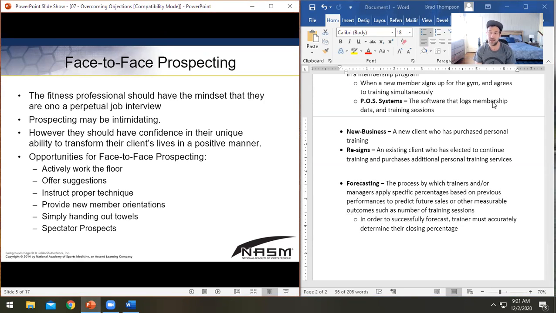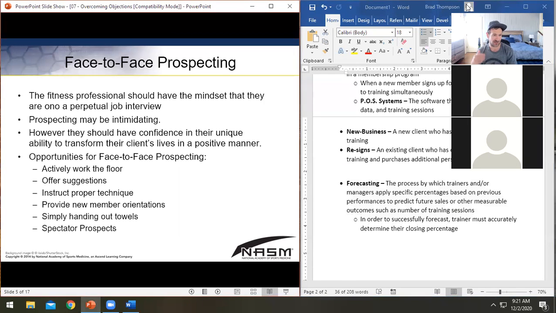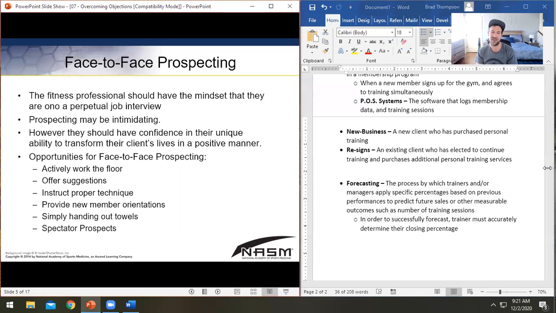The second you go up to them and start talking to them about the possibility of signing up for personal training, there are a few things they're going to consider. Obviously, how much does this cost? How much time do I have? How hard is it going to be? But there's also the aspect of, do I really want to hang out with this person who's talking to me right now a couple times a week? Are they knowledgeable enough? Is it going to be fun for me? Am I going to enjoy this? Are they going to help me reach my goals? Are they going to yell at me when I step off the path? They've got to consider all of that. So it is kind of like a job interview in a way.